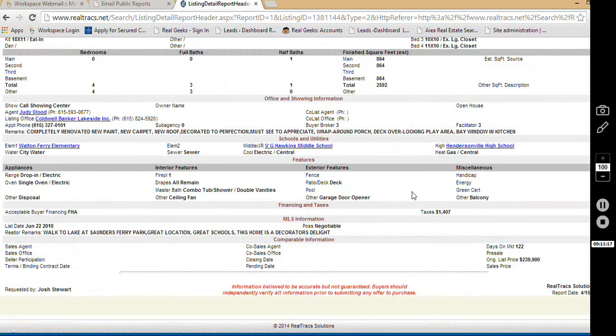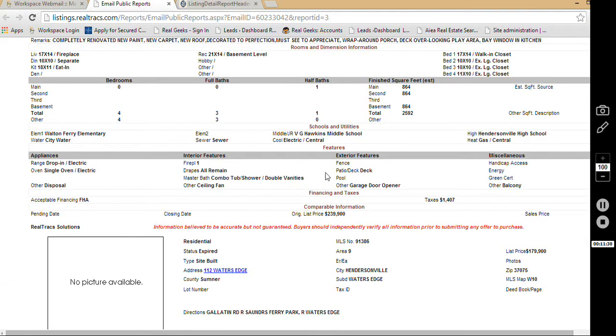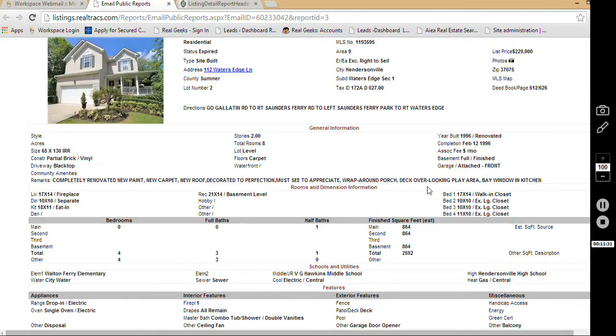Typically it'll have the days on market, which you can see, let's just say for an example here. You can see on this one at the bottom, 122 days on the market. I can see what it was listed at, and if it's sold, I can see how much, typically. But with this example, with what had come to me, you can see that there's the sheet. If we scroll down here,